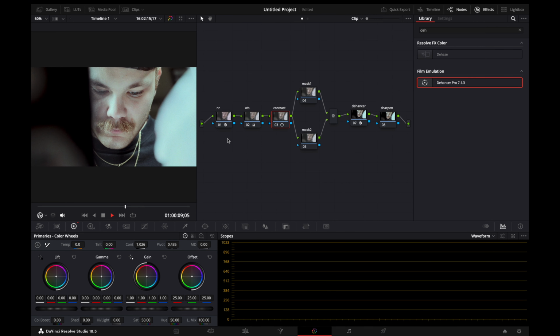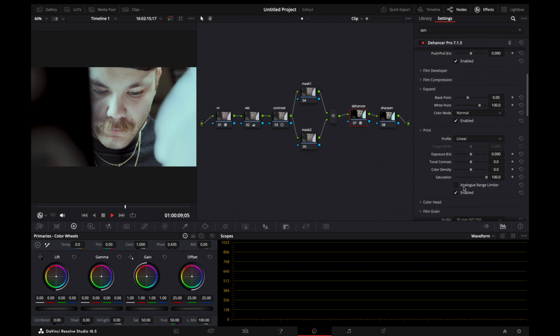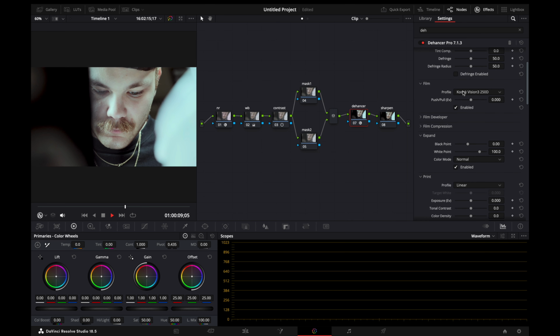Alright guys, so I just did the primary adjustments here. I'm going to go into Dehancer, convert the footage as usual. I'm going to uncheck the film grain, and now I usually like to leave the Kodak Vision 3 250D print when I am using the profile of Kodak 2383. It usually does look pretty good,